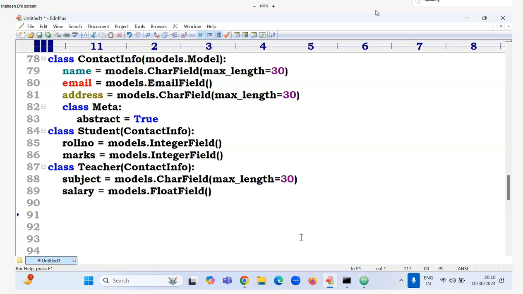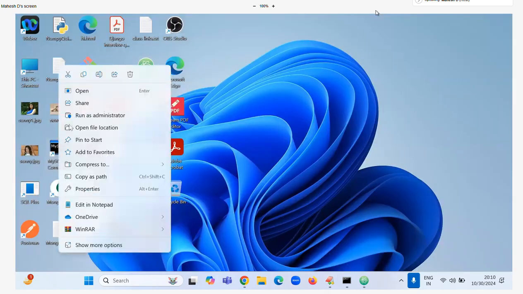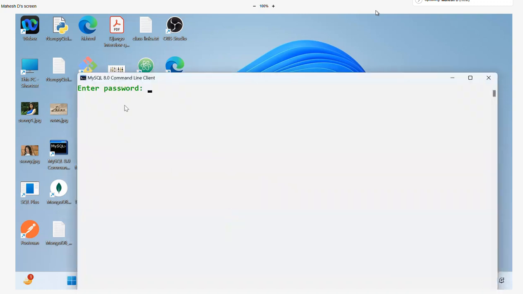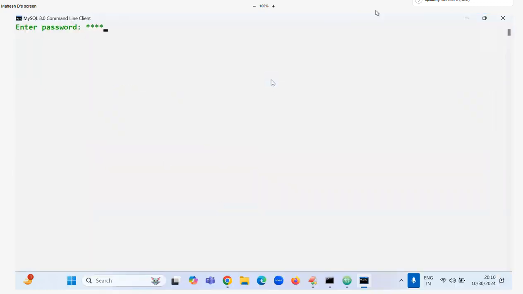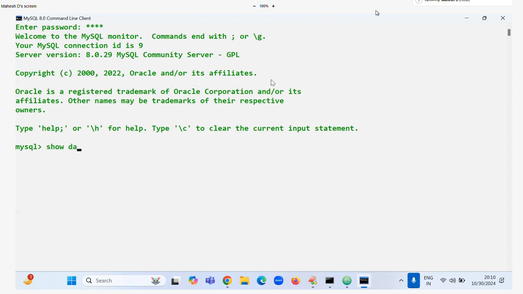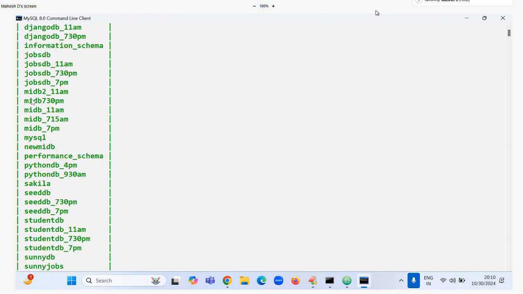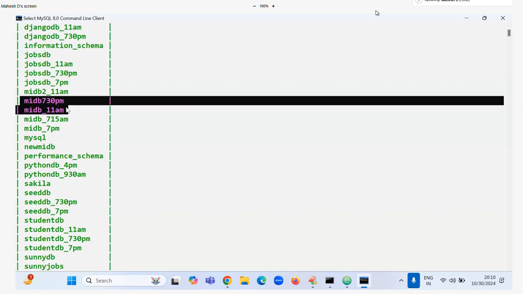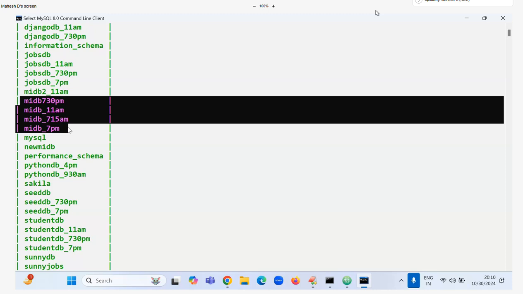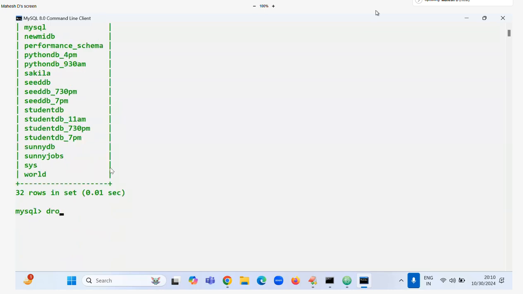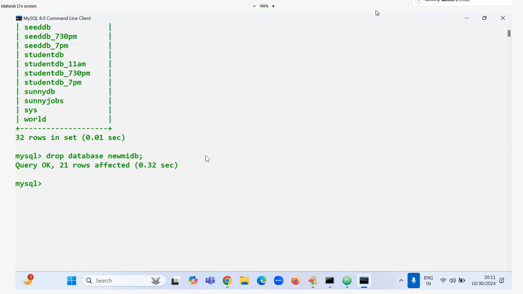Okay, see this. First go to MySQL, because in MySQL we have to create our own database. Oracle is not required. Here the username and password are root. Show databases. There are so many databases. Let's drop the old one, drop database new MIDB. Gone. Okay, now for our project,